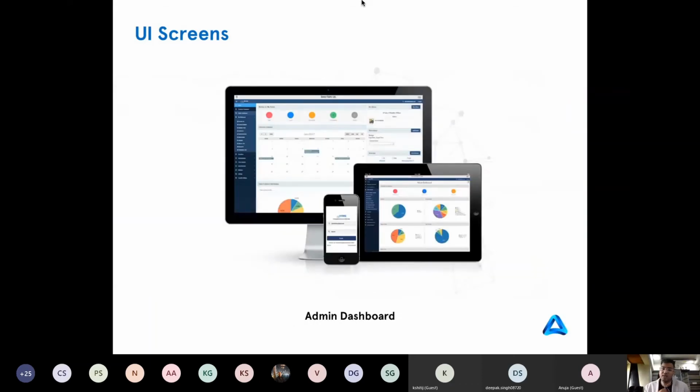Now our software also comes with an admin dashboard, a cloud-based dashboard, through which the admins can register people, check attendance records, get analytics, and they'll have a log of temperatures of all their employees. They'll also get a notification if, let's say, someone with high temperature is detected, so that they can take very quick action and ensure the safety of their workplace or work environment.